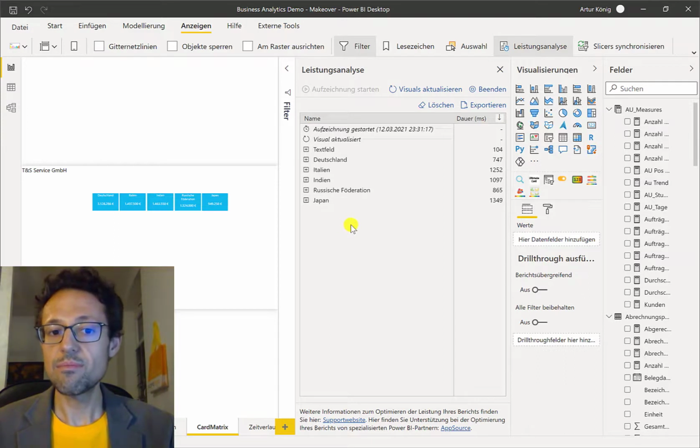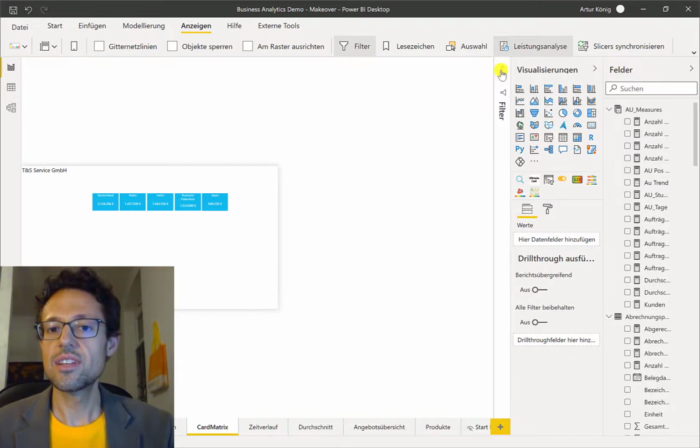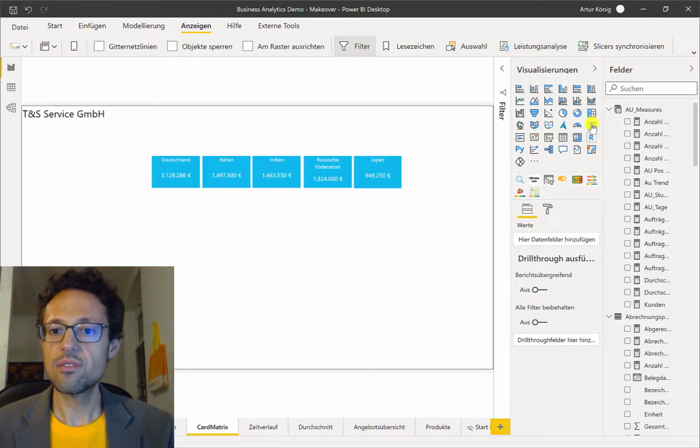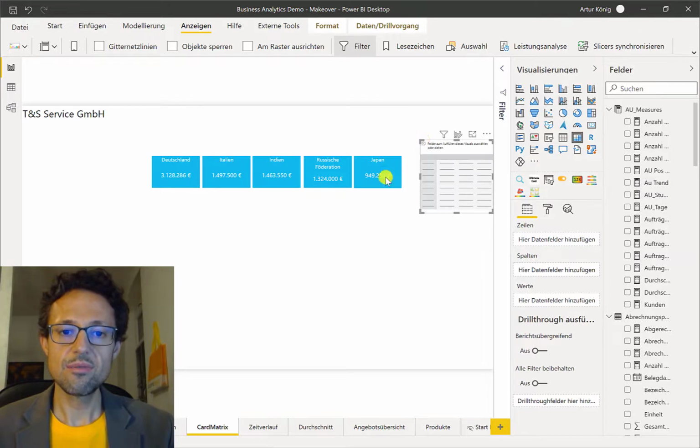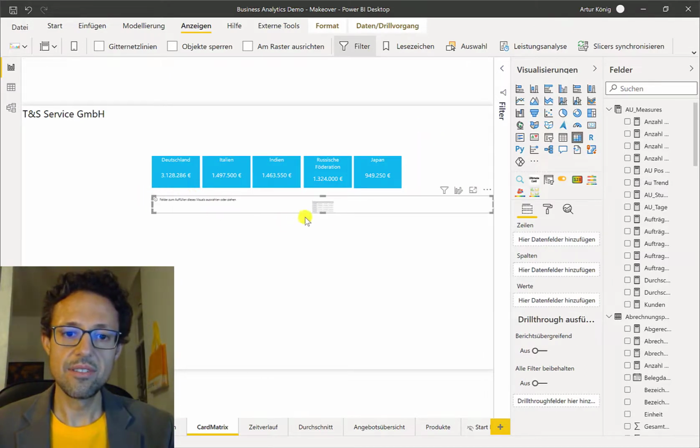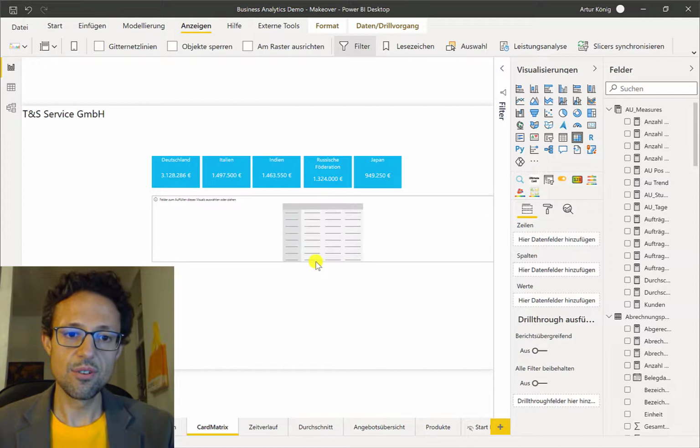One possibility is to use the card with states from Marco Russo himself. It's a great custom visual. You can get a free license of it. But today I will show it with the matrix, because sometimes you have reasons to use standard visuals and not custom visuals. And therefore I just include a matrix in this visualization and will reproduce the look of the visuals here